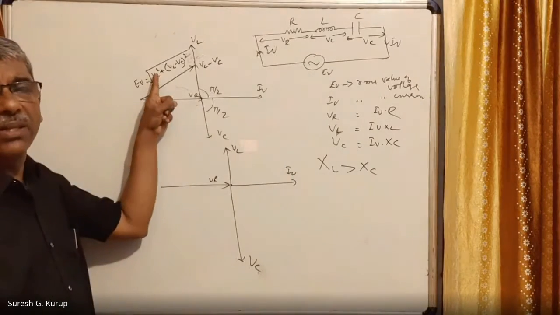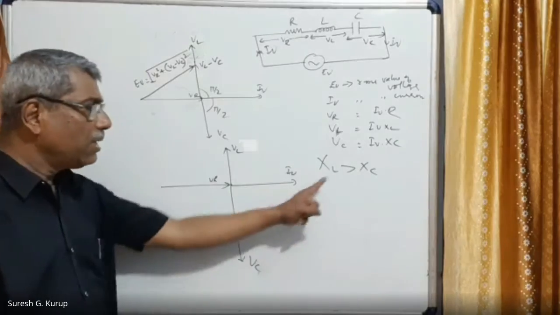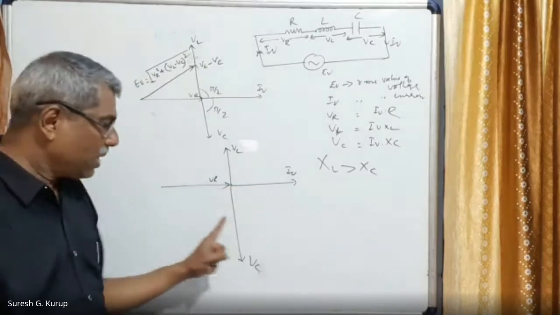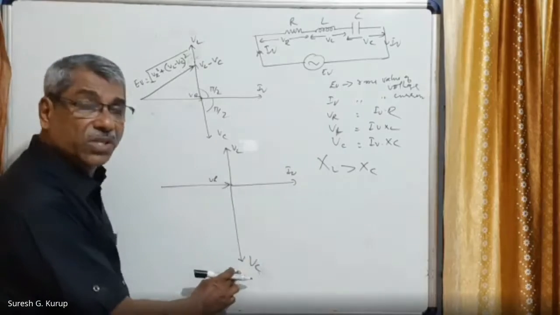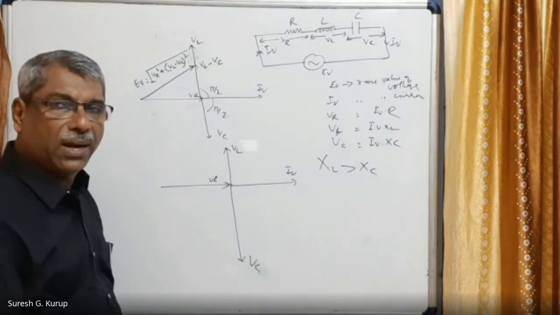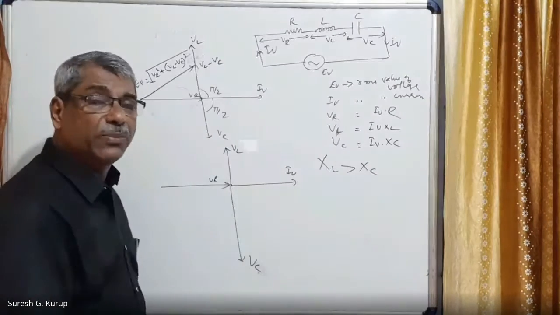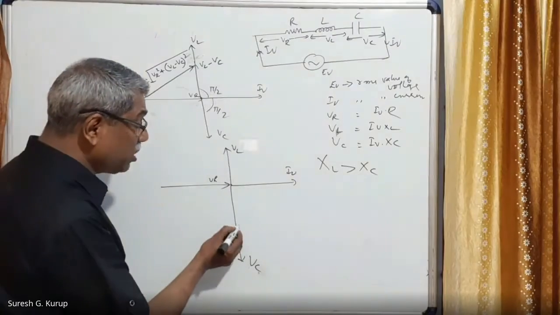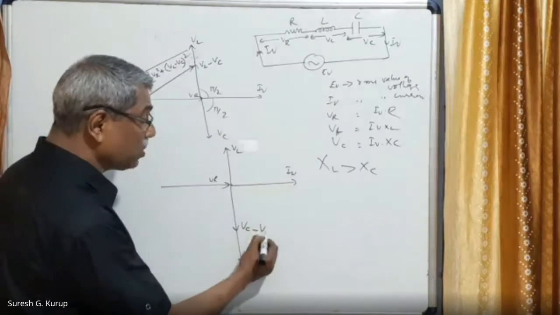What circuit is this? This is an inductive circuit. So for an inductive circuit, XL must be greater than XC. But if it is a capacitor circuit, then what will we write? This is VL and this is VC. Both of these can be taken as vectors for some time. Then VL and VC are in the same straight line but in opposite directions. So up to this much we can take, that is equal to VC minus VL.